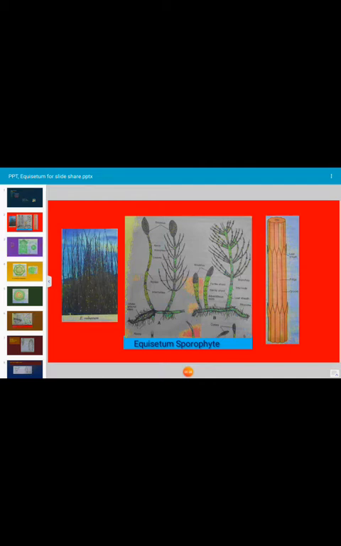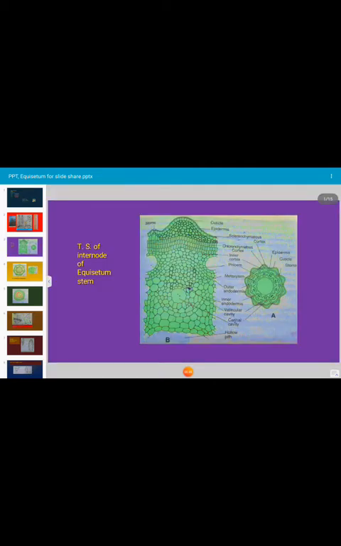Next, this is the internal structure of Equisetum stem. The characteristic feature of Equisetum stem is the presence of carinal canal and vallecular canal, and the uppermost epidermis is there, which is protected by cuticle. Below that sclerenchymatous patches are there. Cortex is there, outer cortex made up of chlorenchymatous tissue, inner cortex made up of parenchymatous tissue. Okay, this is the photograph of transverse section of internode of the stem.